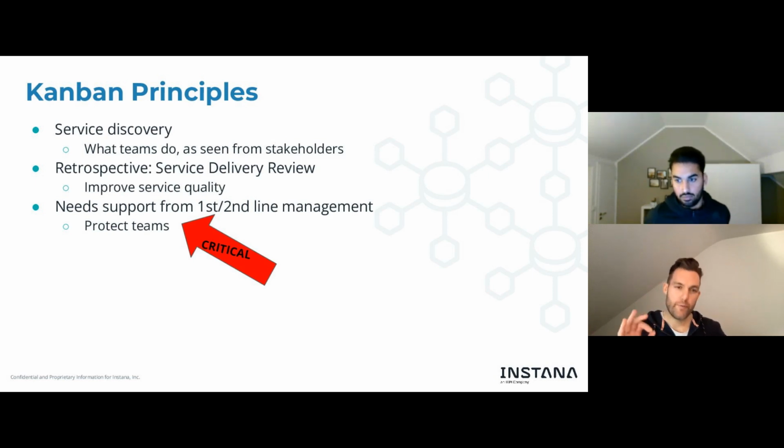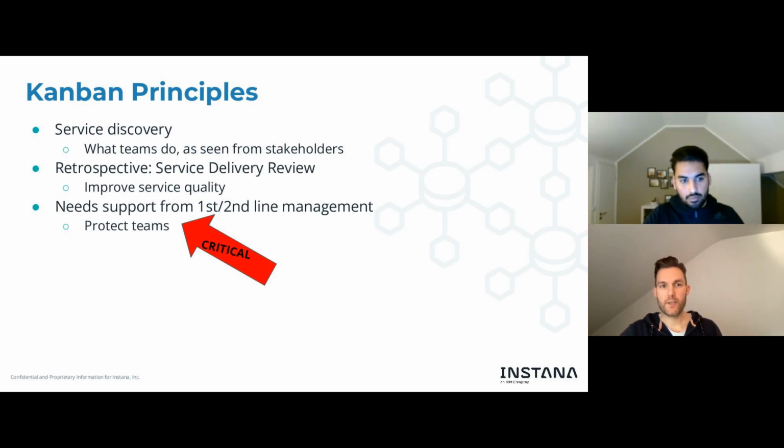And one very critical thing is that all of this transformation needs support from management. We were in the lucky state that management actually triggered this transformation from, let's say, agile chaos process to a more mature, self-improving process that we have right now.